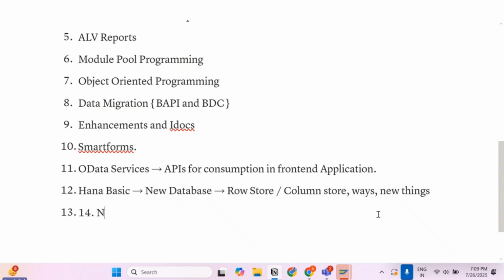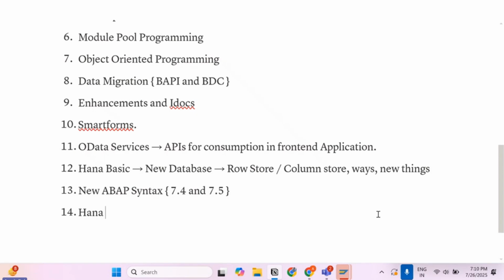Then we will be seeing the new way of ABAP programming mainly here. So new ABAP programming, new ABAP syntaxes, where we will be discussing the 7.4 and 7.5 versions of the system, right? Once this is done, we will see the HANA box and its